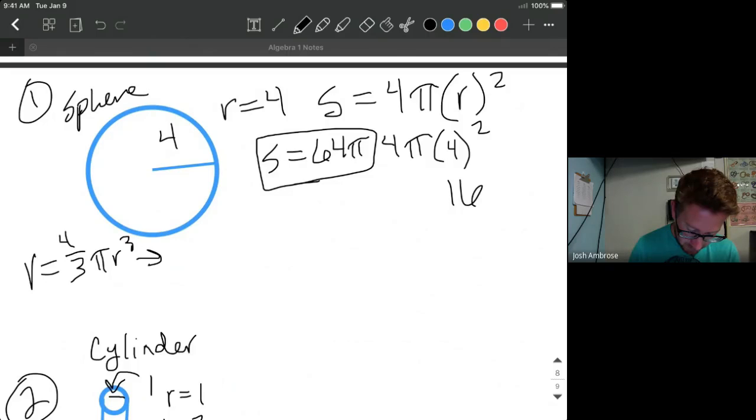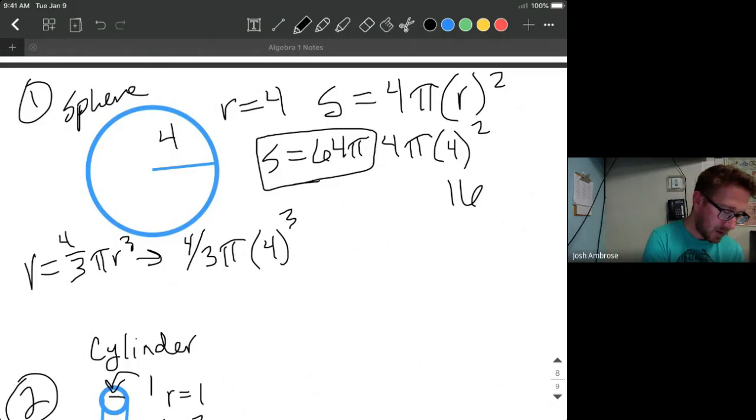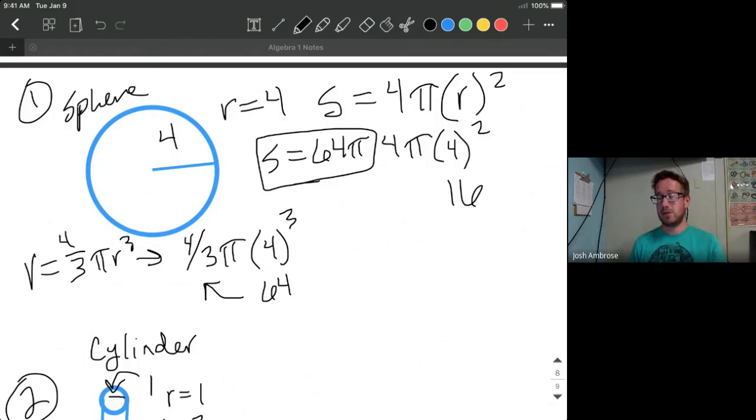So we're going to go with 4/3 pi, and then our r is 4 to the 3rd power. Okay, so 4 to the 3rd power, that is 64. Then we're going to take that 64 and multiply it by 4/3. So all that looks like is you're going to have 4/3 times